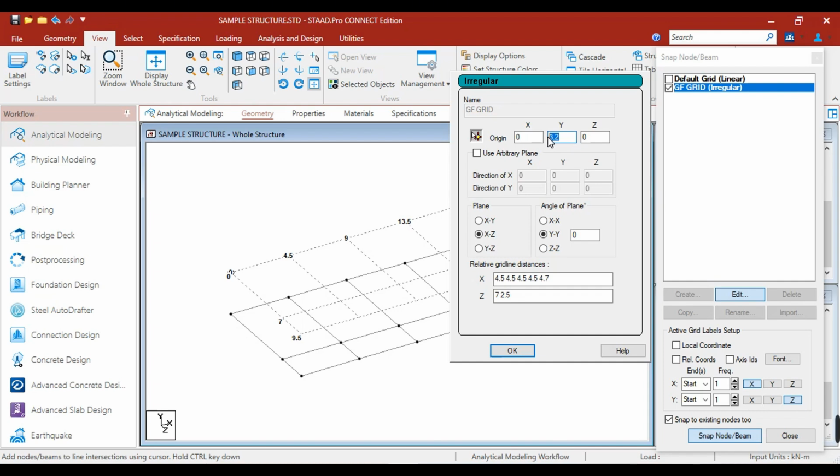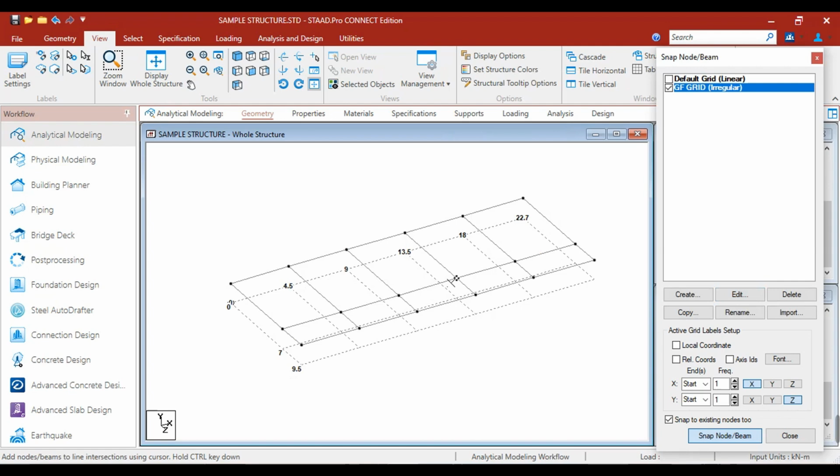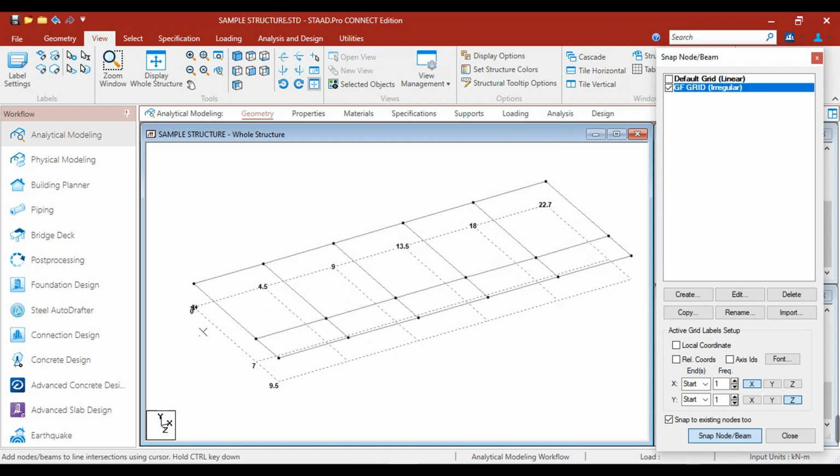So instead of 3.2, let's have negative 1.5. Okay, you can see that your grid line moved to negative 1.5. From here, we can now create a column from 0 to top. Again, you may hold control.